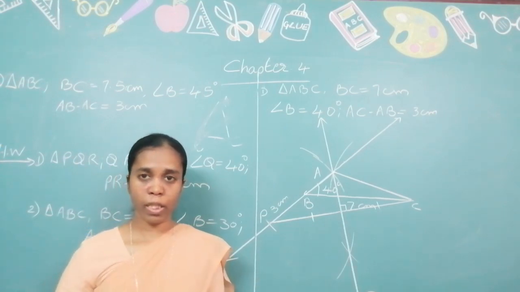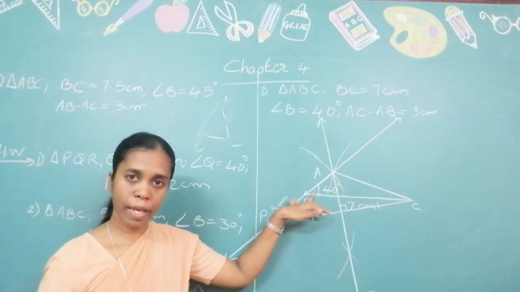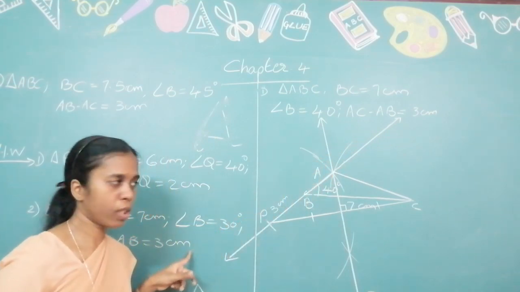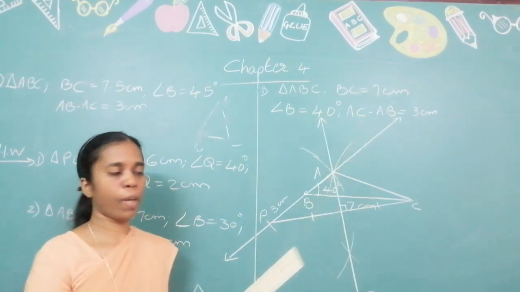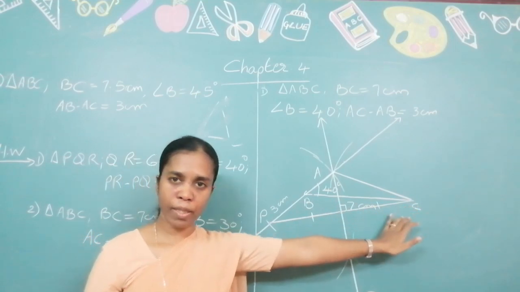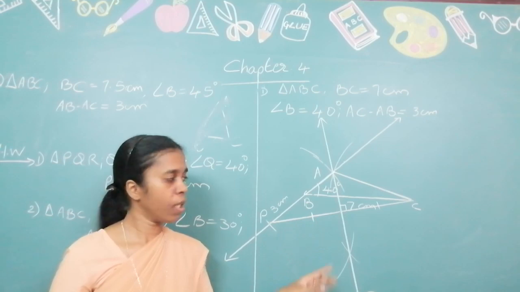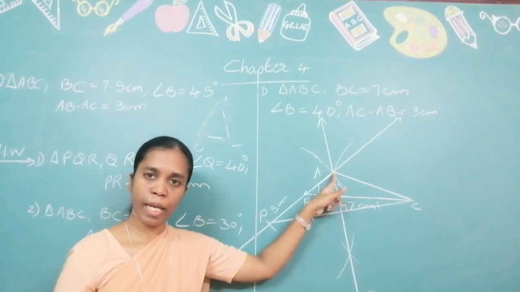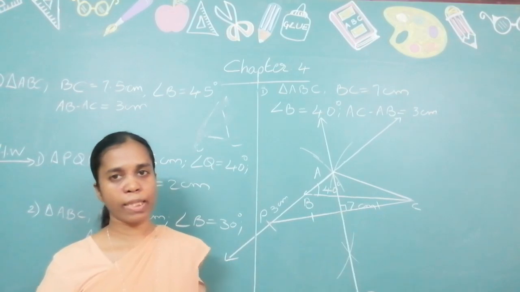I suppose you understood the construction. First, base. This is the base. Next, angle. Take the angle. Draw the ray. Extend the ray below the base also. And then the third measure that is given, mark on the below part of it. From there, join to the base. You got a newly constructed segment. Draw the perpendicular bisector. Wherever the perpendicular bisector intersects the first ray, that is the third point of the required triangle. So join from there to C.